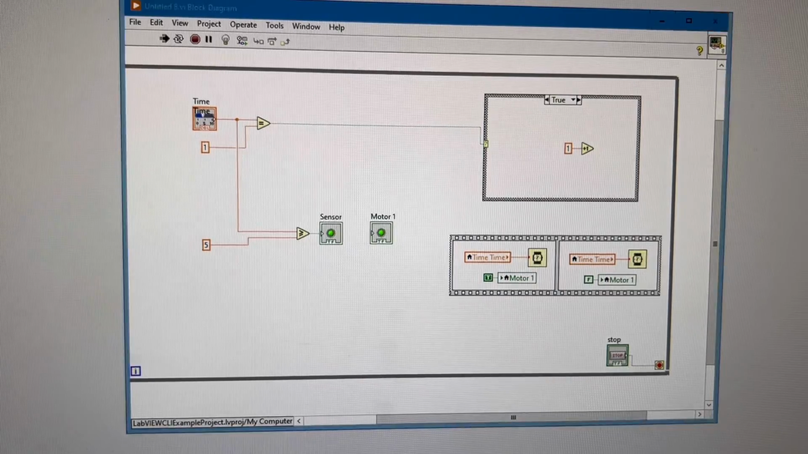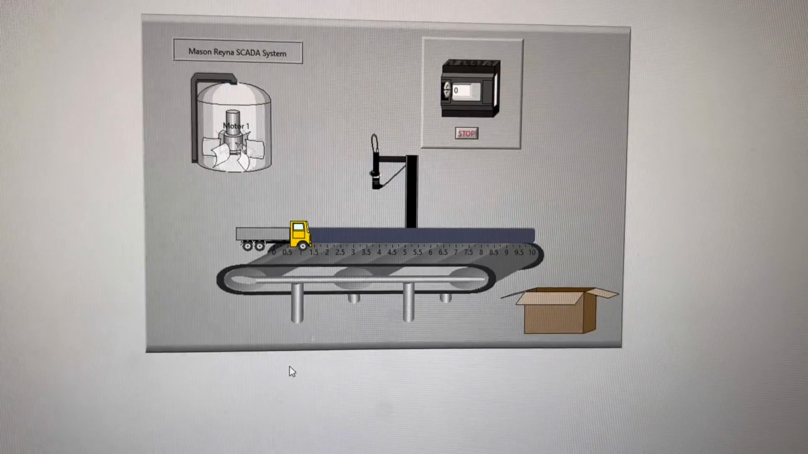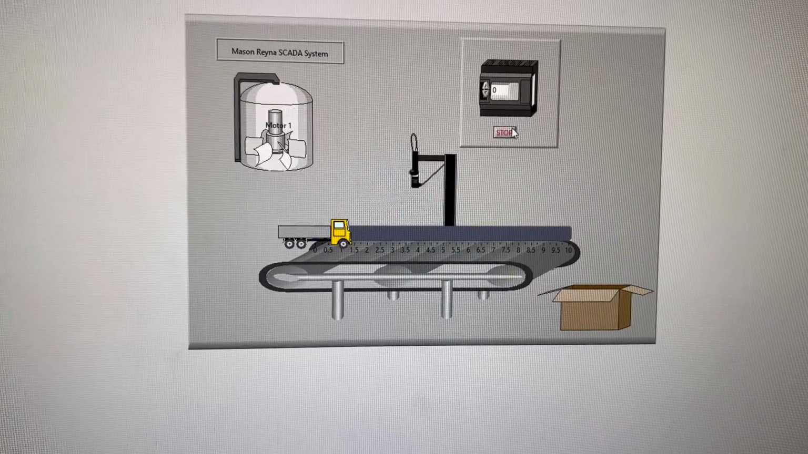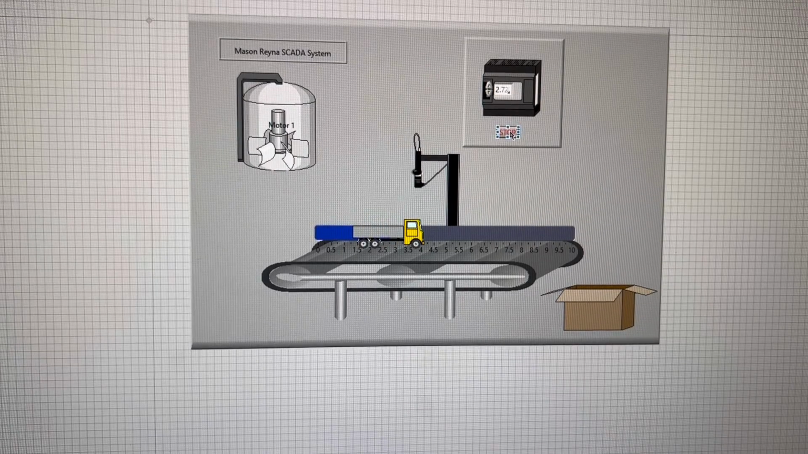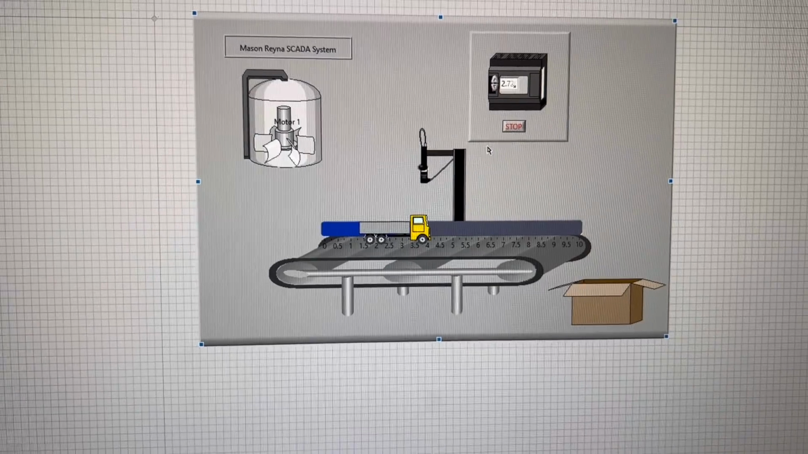And I will show you that the stop works as well on this if we go back right here. Here we go. So here it is working. And we can press stop and it's going to come back out and go back into the